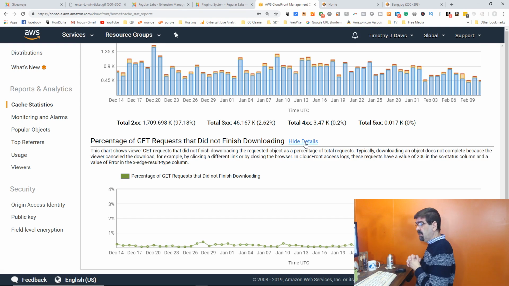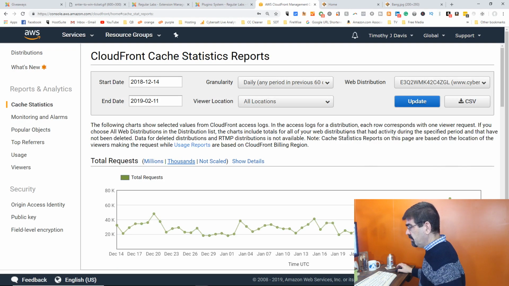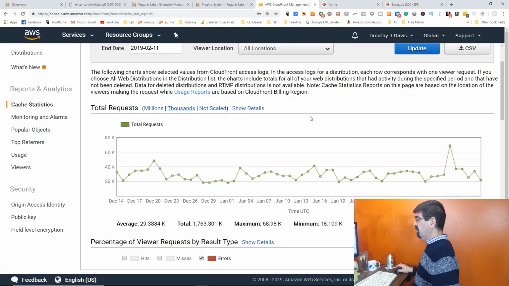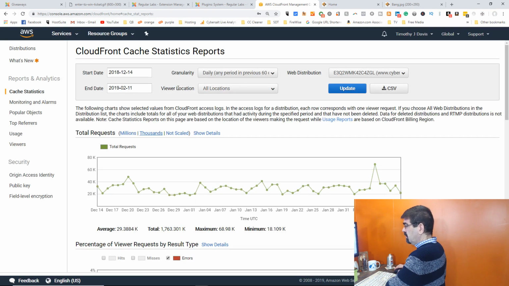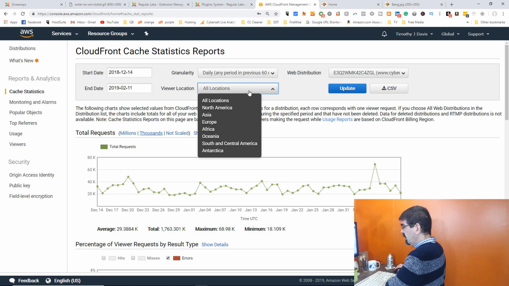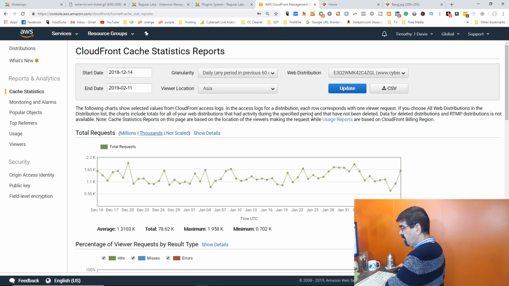Yes, Ivor, so the CDN will reduce the server load significantly because, let me just show you an example here. So let me just make this a bit smaller. Right now we're viewing all locations. Why don't we just view North America? Let's view Asia. There won't be much here. So for instance, over that time, we'll take a look at February the 6th, where there's a spike. There's only